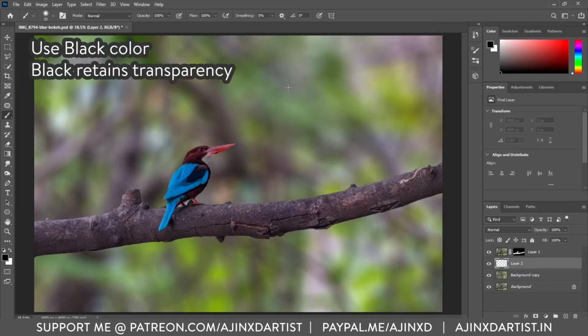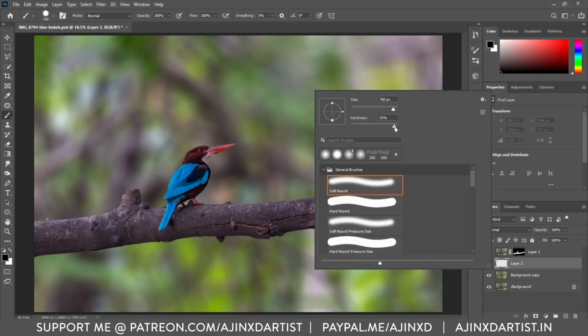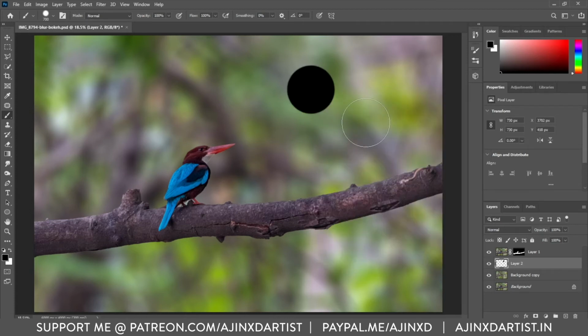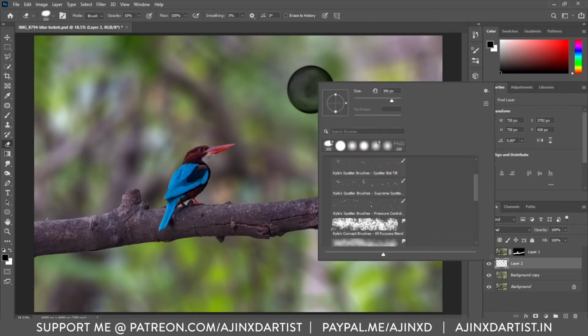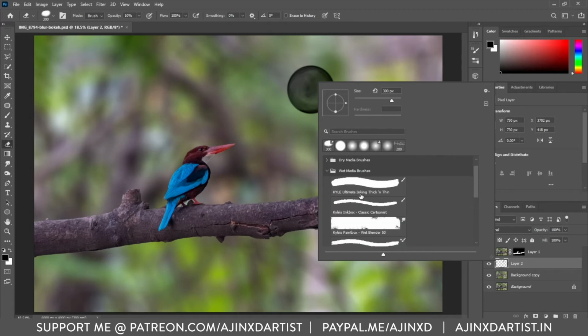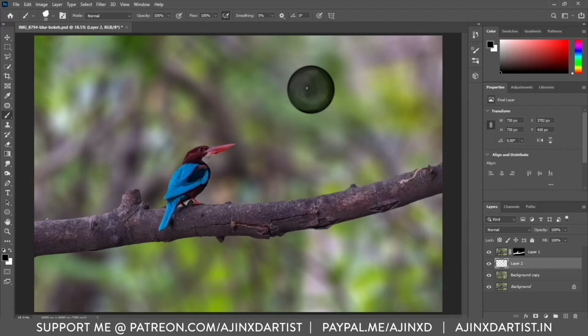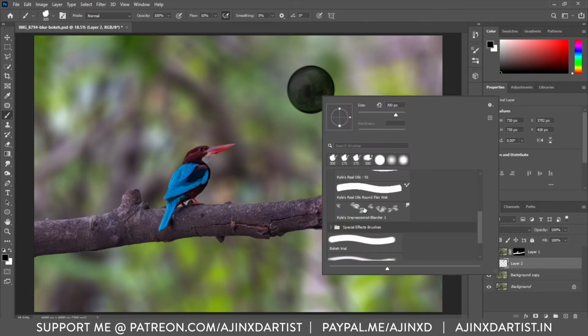Now I'm creating a new layer, and on this layer I'm using the brush. The default brush is good to start with. Now we have to create a shape, sort of an orb looking shape. It can be anything. There are no specific guidelines to it. If you go on Google and find bokeh images, you can see there is some texture to the bokeh circles that we find naturally. So I'm trying to create that here.